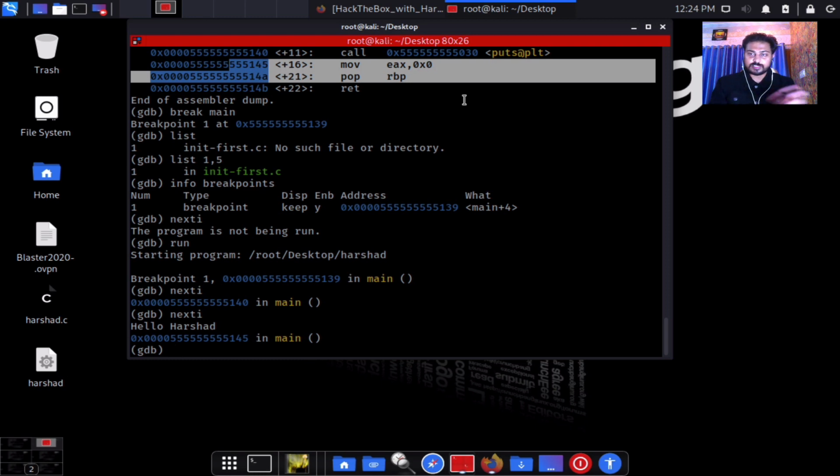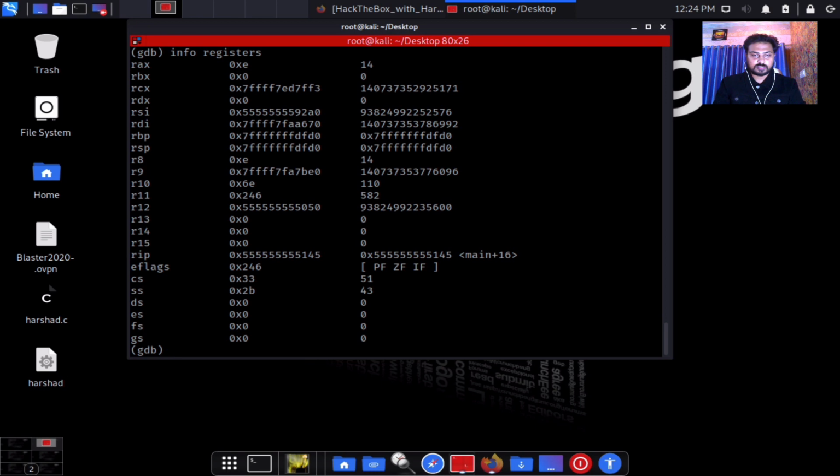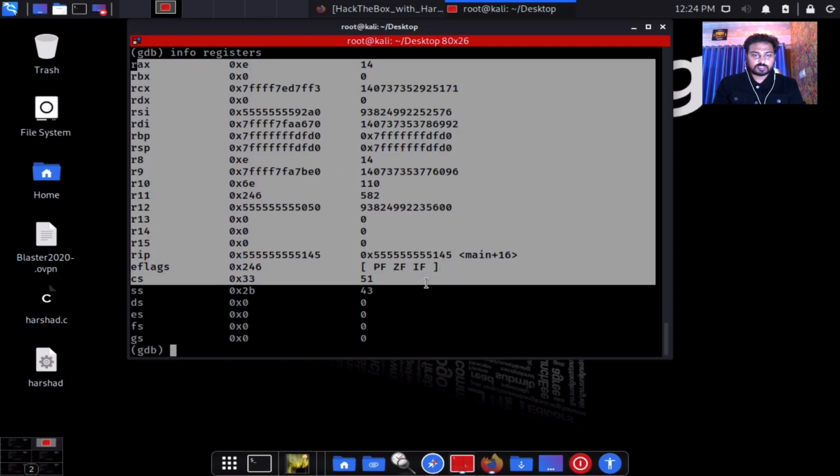If you remember x32dbg or the reverse engineering tool Ghidra, this is how we analyze it, right? Push ebp, then we are moving esp to ebp, and then some local variable subtraction, addition, a lot of things going on, right? This time we are handling everything using a Linux terminal, using gdb. This is how you can analyze the particular thing. And if you need information about registers, you can simply type info registers, press enter. Now you can see clearly the information about the registers. That's how it is.